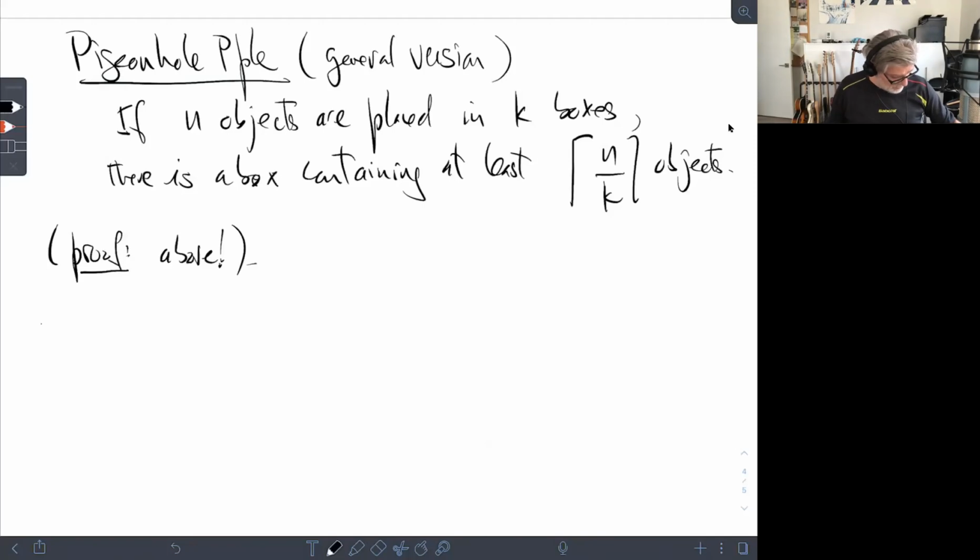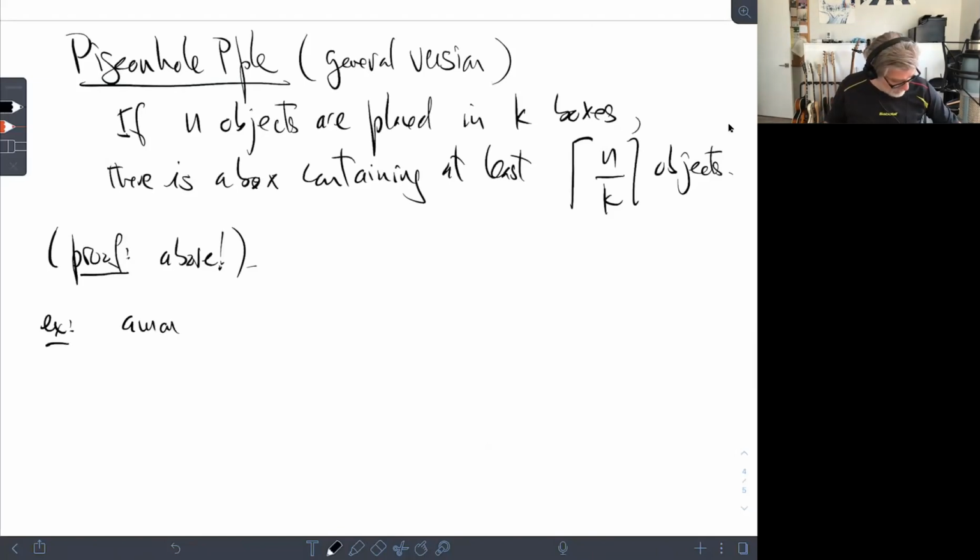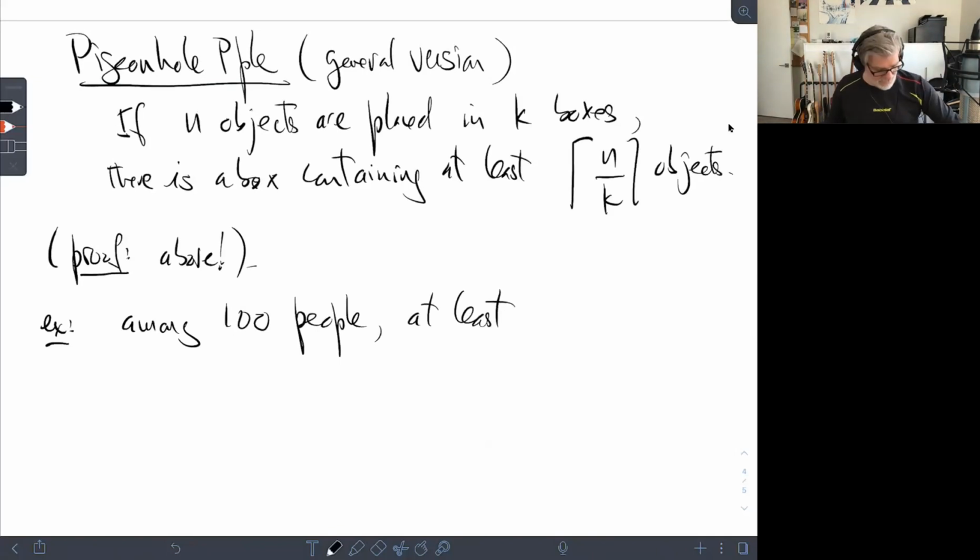Here's an example of how this can be used. If I have 100 people, I'd like to know how many for sure are born in the same month. There are 12 months. This pigeonhole principle says that I'm going to have at least ceiling of 100 divided by 12, which happens to be 9. So at least 9 people